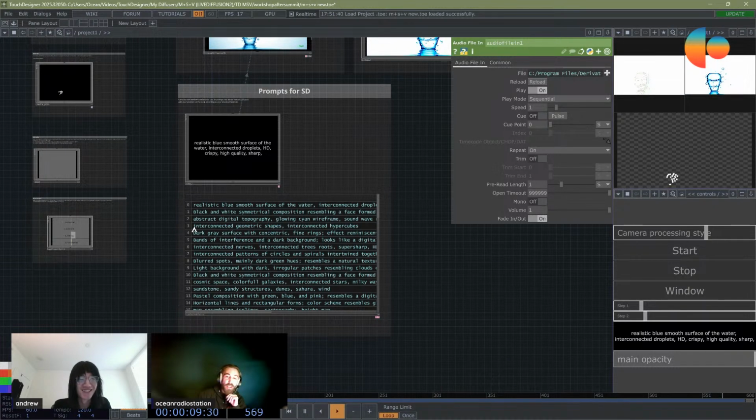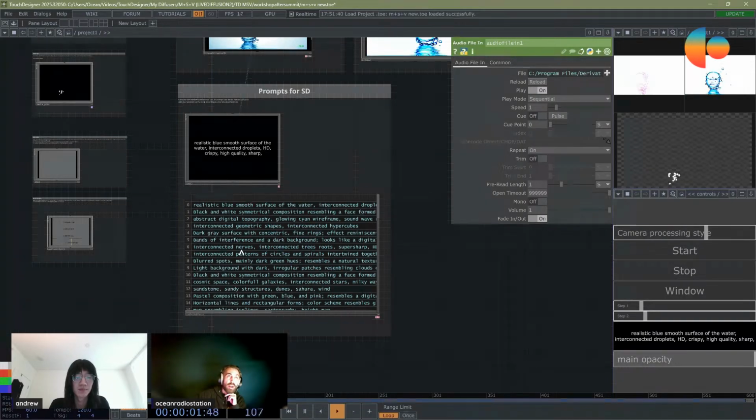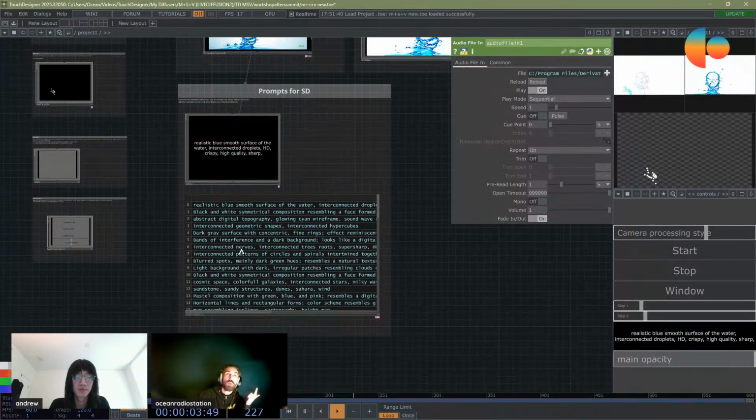Or this structural topography or symmetry or nerves. I like these structures like the nerves and roots, and our brain cells have the same structure. So it's nice to blend them or just switch between them.